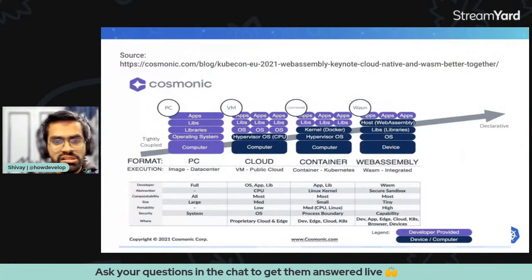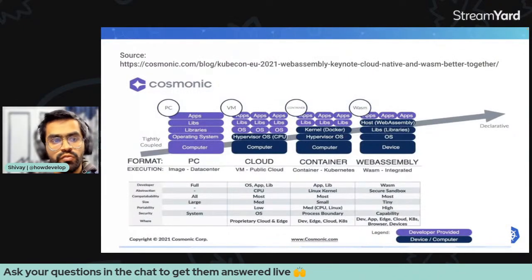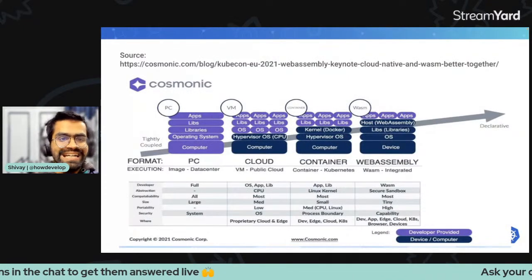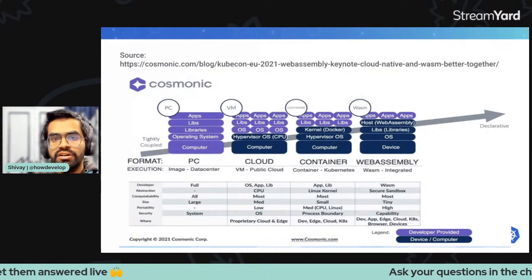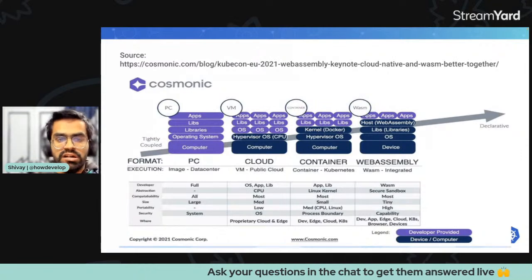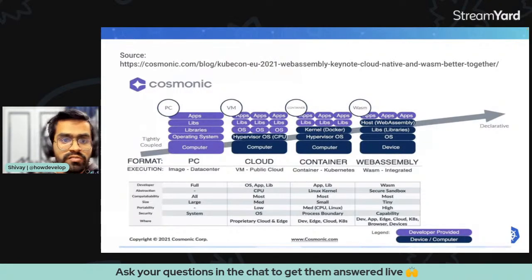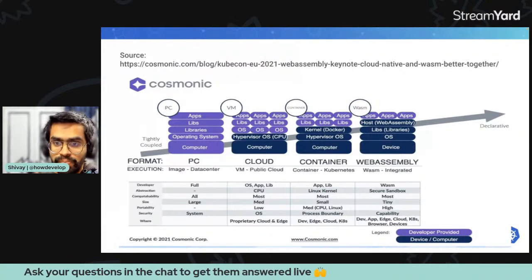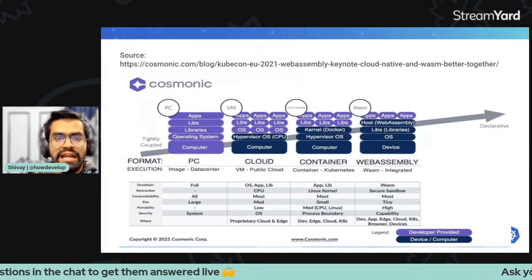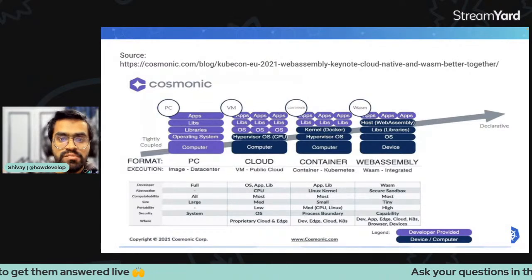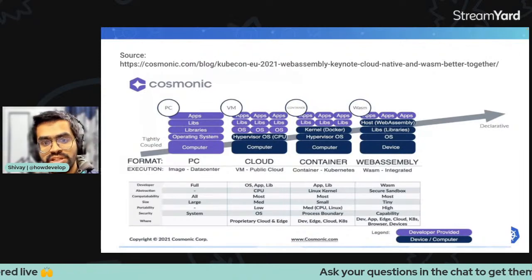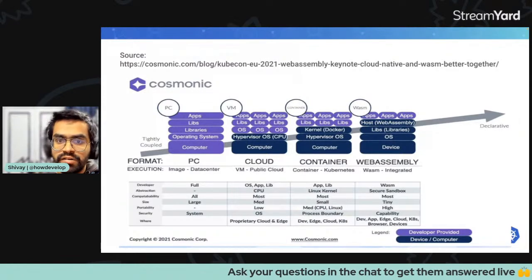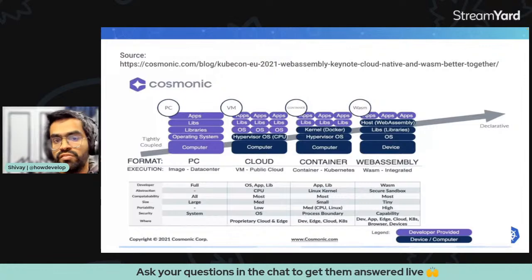And again, this is a really great example by Cosmonic, who showcased how the entire ecosystem for cloud itself has evolved. So of course, we started in the 1980s with all the servers running on bare bones computers themselves, and then we went to the VMs, which are the virtual machines. Then from virtual machines, we went to the concept of containers, which basically overcame the issue of the virtual machines,